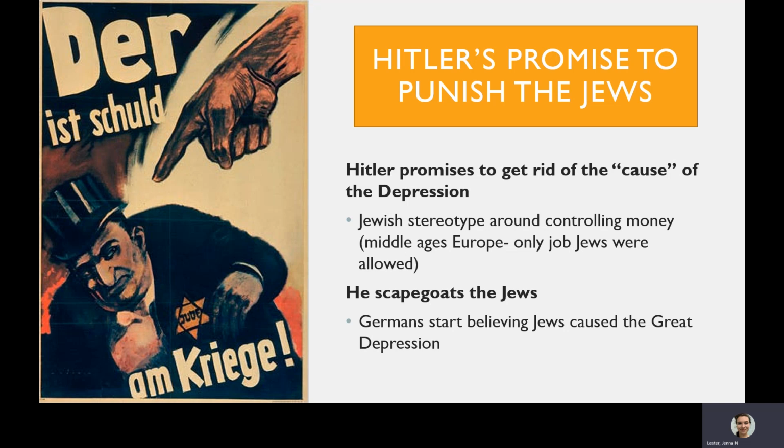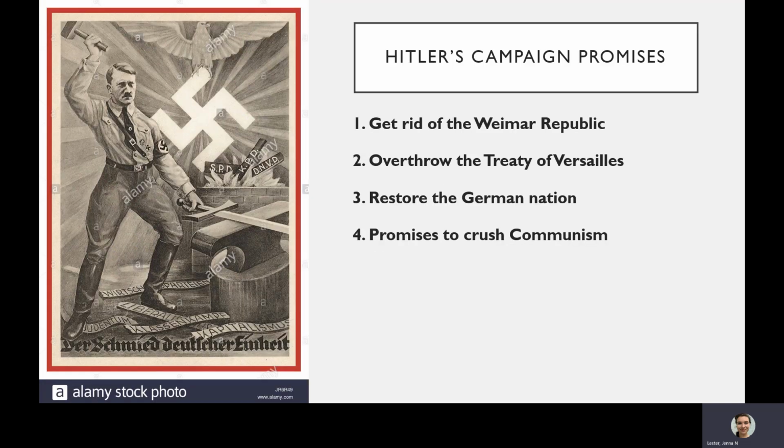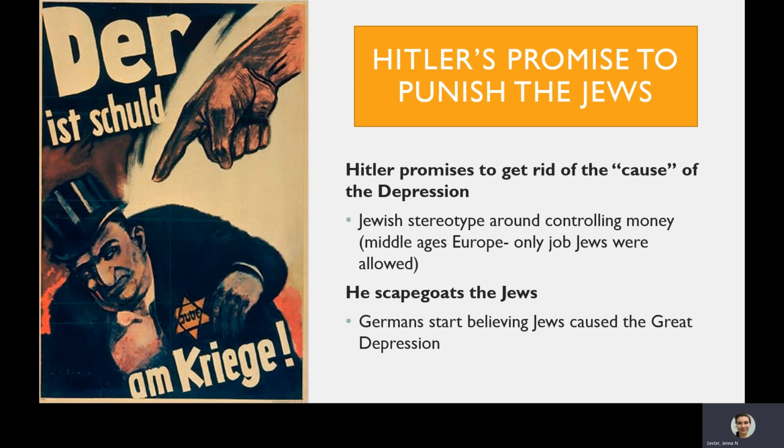So that's where that stereotype comes from, if you've ever heard the stereotype of, oh, Jews have all this money, they're all rich, blah, blah, blah. It comes from that. So since Jews are associated with money, Hitler was like, well, if we're struggling with money, it must be the Jews' fault. So he scapegoats the Jews. Rather than the German government taking responsibility for making the economy suck by printing off all that money, Hitler's like, nope, it's not the government's fault, it's the Jews' fault. So Germans start believing Jews caused the Great Depression and caused their economic crisis. We're going to talk about this when we talk about the Holocaust in more depth.